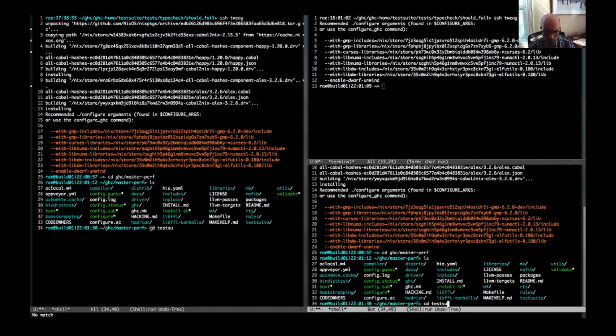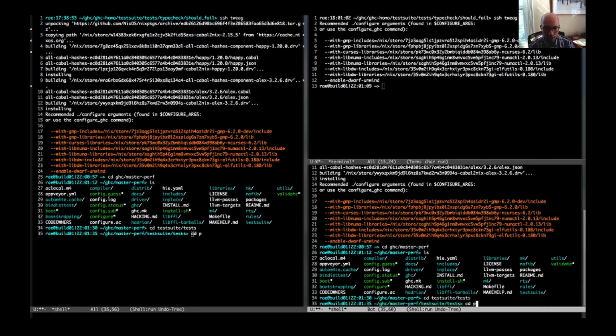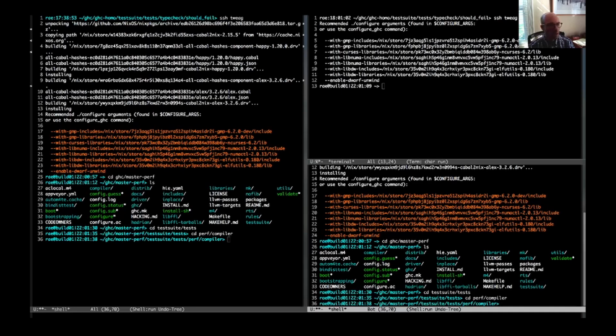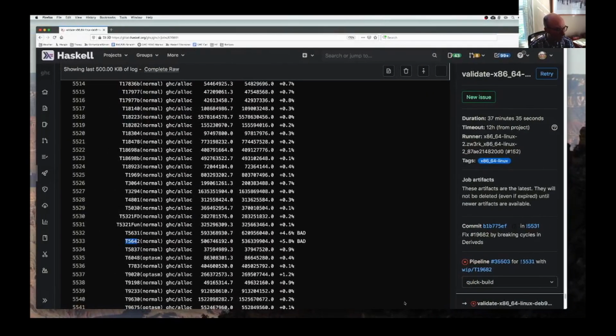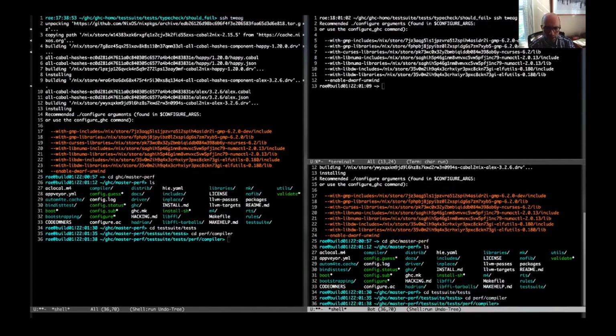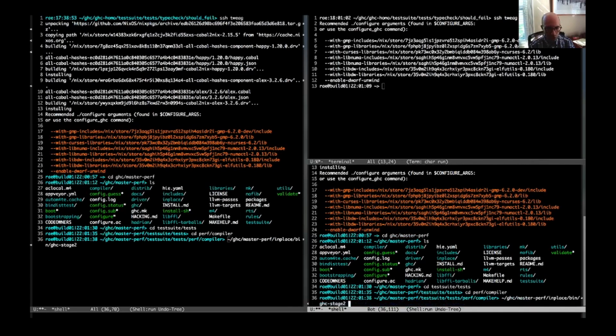Test suite. Oh, does it not have autocomplete? That's very annoying. Tests, and then it's going to be in perf, compiler, and what did I say it was? It was 5642. So let's take a look at 5642 here. So we're going to run GHC master perf in place bin GHC stage 2